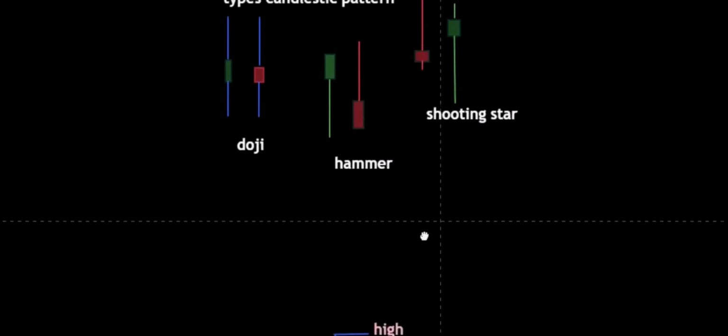This is the high and this is the low, and this is the opening of the candle and the closing of the candle. This is very important to understand: the price is opening here, then it went down, then it came back and made a high, and then again this is their position. This is called the open, low, high and close. So it is basics you have to know for knowledge.